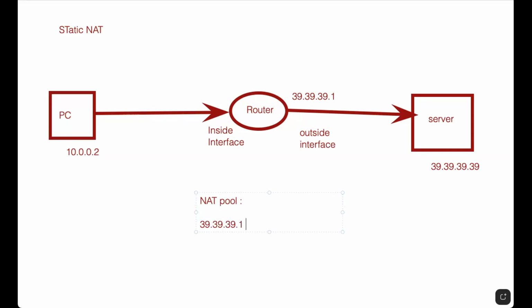For example, the NAT pool is 39.39.39.1 and 39.39.39.3. Okay, so this is the pool that we used. It can use this IP or this IP. We created 2 IPs. So this PC,